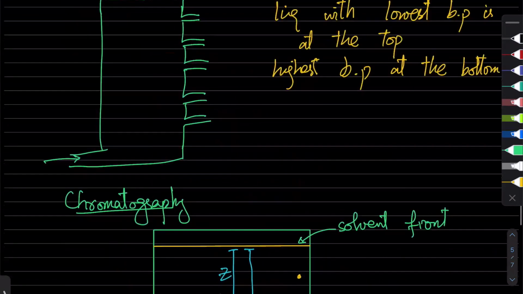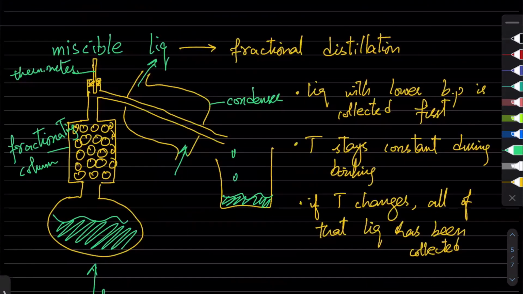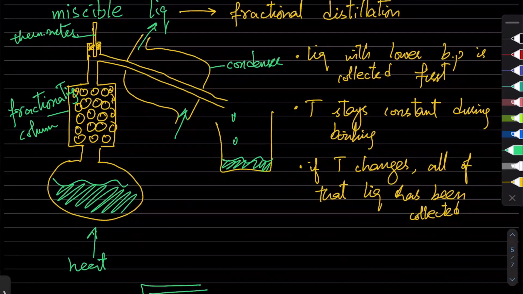The whole idea over here. Yes, sir. If this sort of a question comes in the exam, how many marks would it carry? I guess 4 or 3 marks. So this means that we have to explain the process of fractional distillation as well. Yes, exactly. You have to mention that you cool them, then you slowly heat them. The one with lower boiling point is collected first, and while it is boiling, temperature stays constant, that kind of